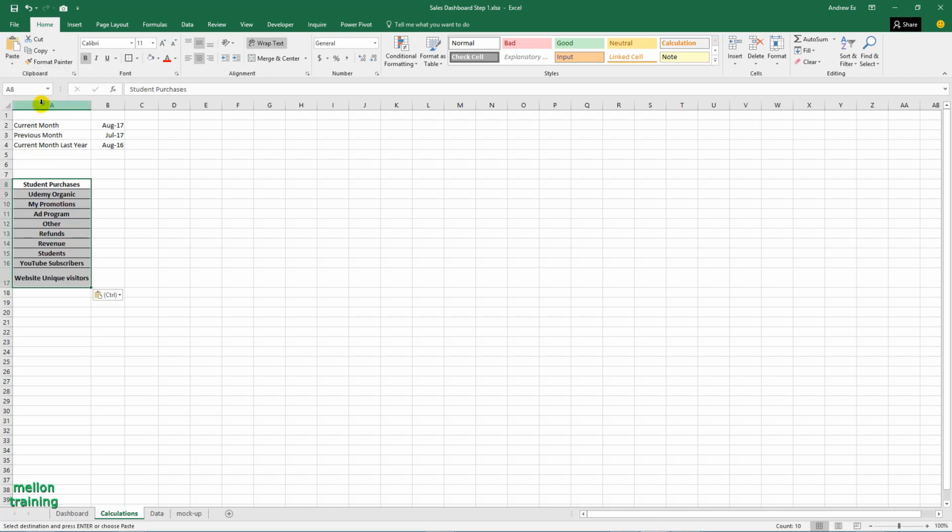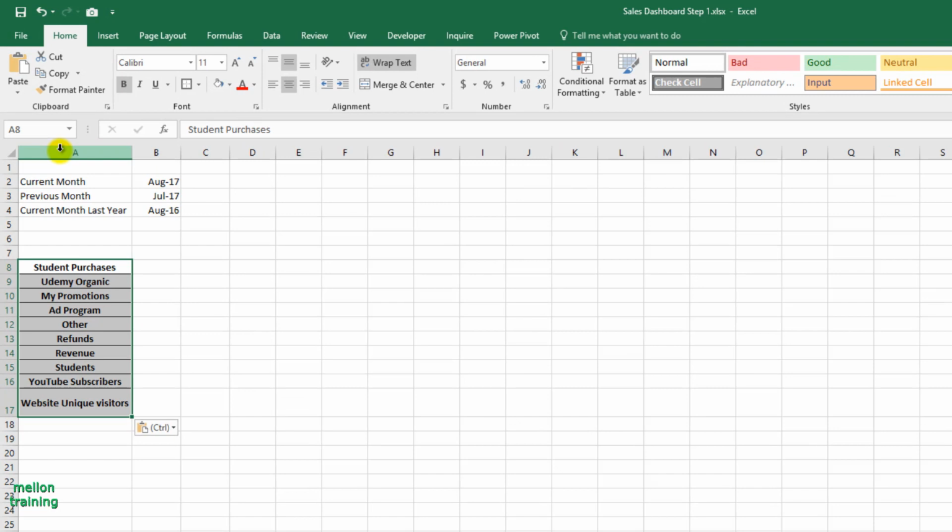OK, now start typing the headers of the columns, starting from B6.